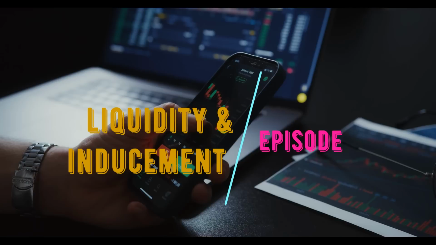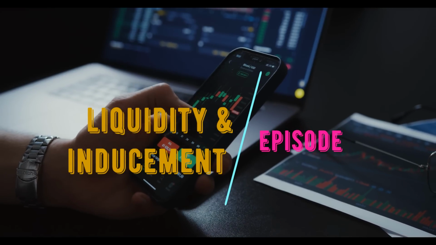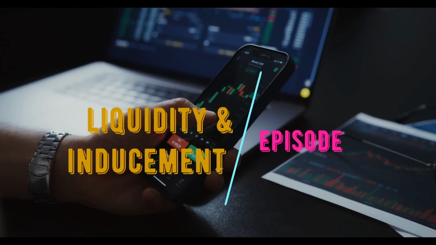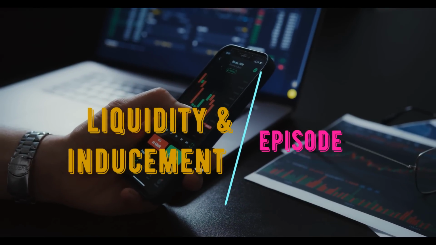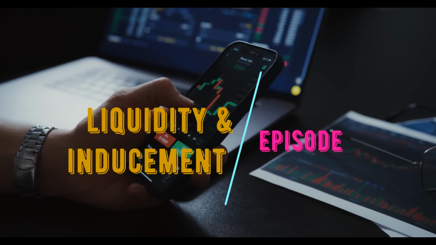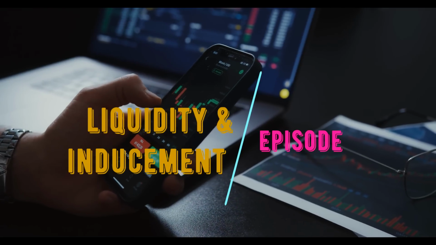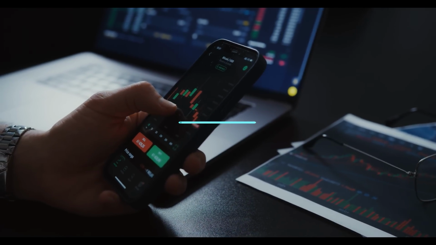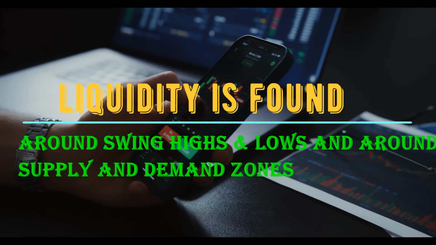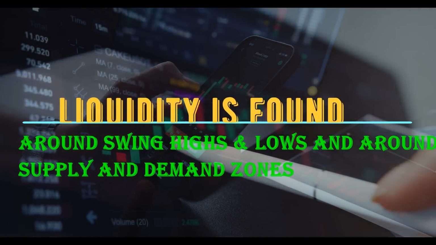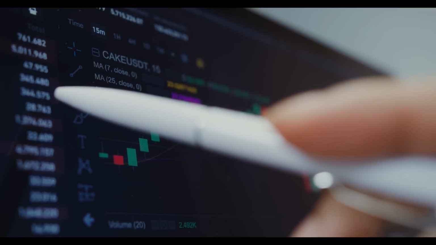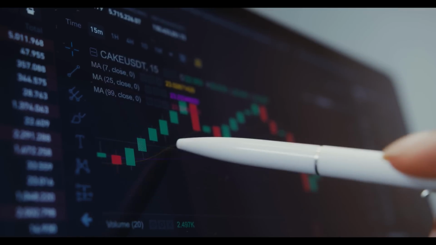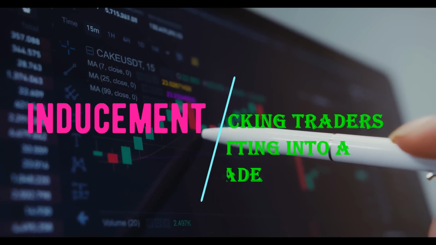In this episode, you learn about two important concepts in smart money trading strategies: liquidity and inducement. Liquidity refers to the presence of orders making it easy to buy or sell an asset. It is found on the swing highs and swing lows, and also around supply and demand zones. Inducement, on the other hand, is the act of tricking buyers and sellers into making a trade or entering a